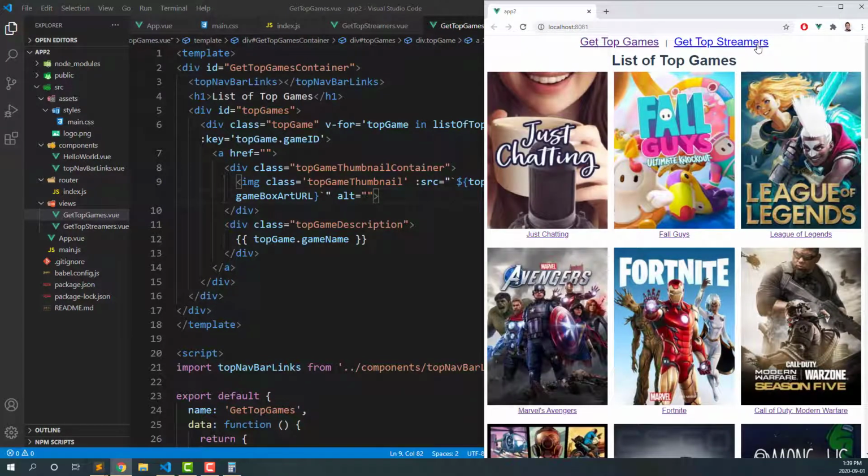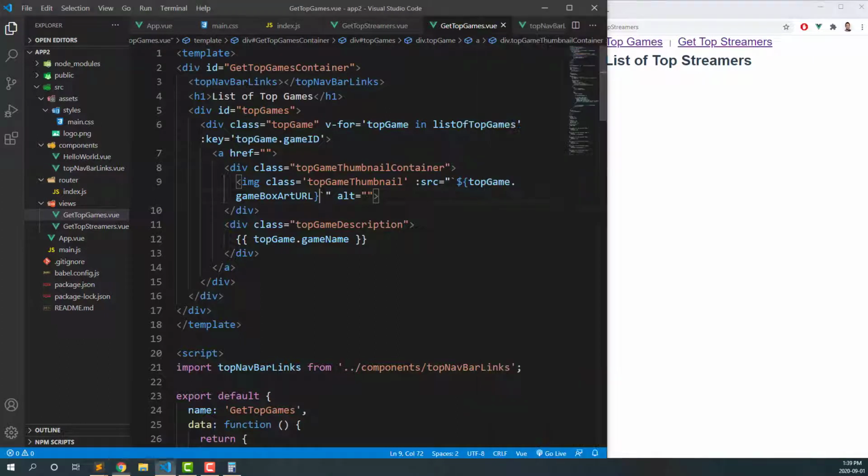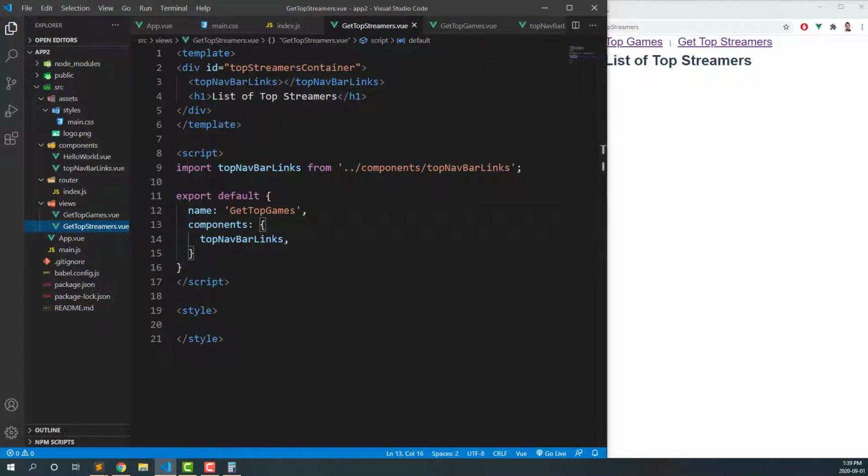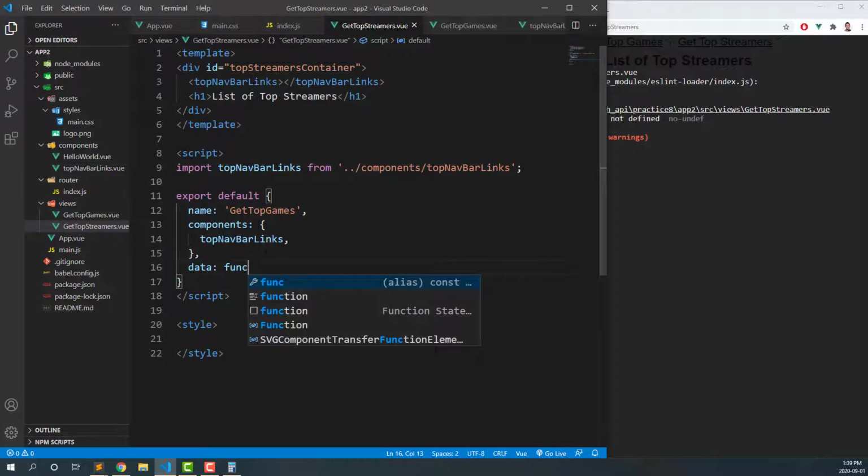So now we're going to do the same thing for get top streams. It's slightly easier now that we're doing it again. So we're going to go to topstreams.vue. And we're going to go to methods. Or we're going to do data first, actually. We're going to do data function